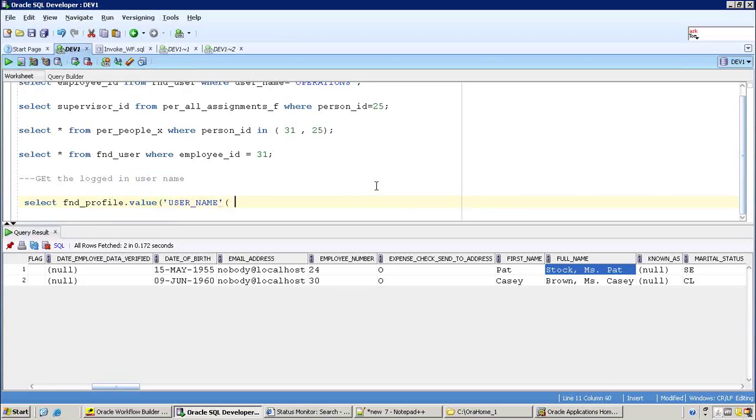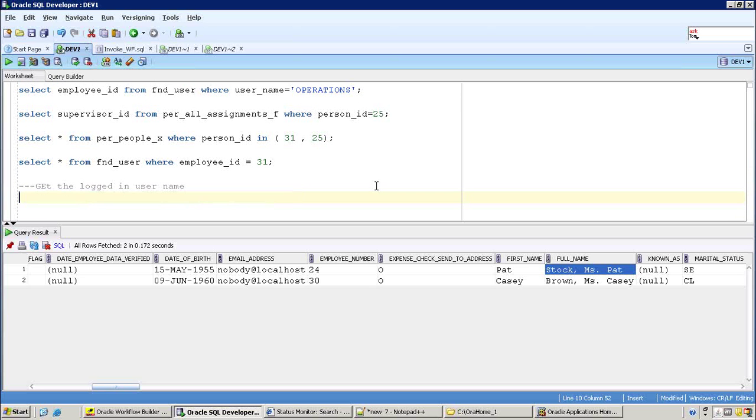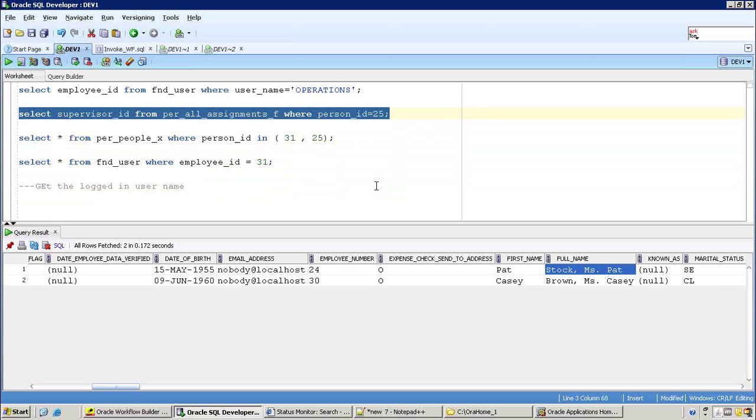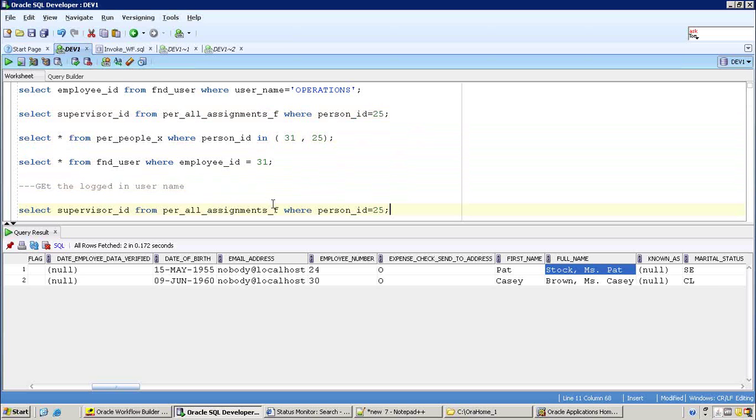You will get this value. So this will be the current logged in user. But this time I will assume that operations is my logged in user, and then I'll write the query. Give me a minute, I'll try to write a query for that. Now what I will do: person ID is equal to person ID in